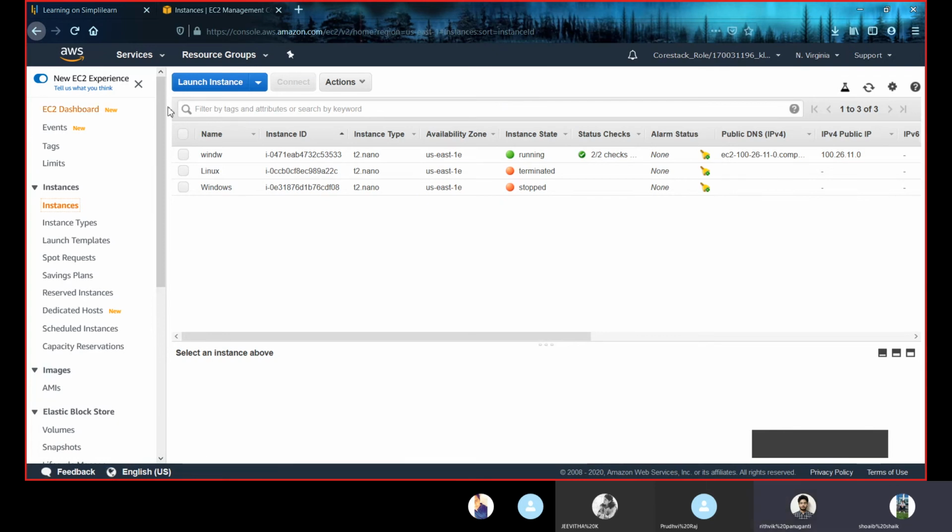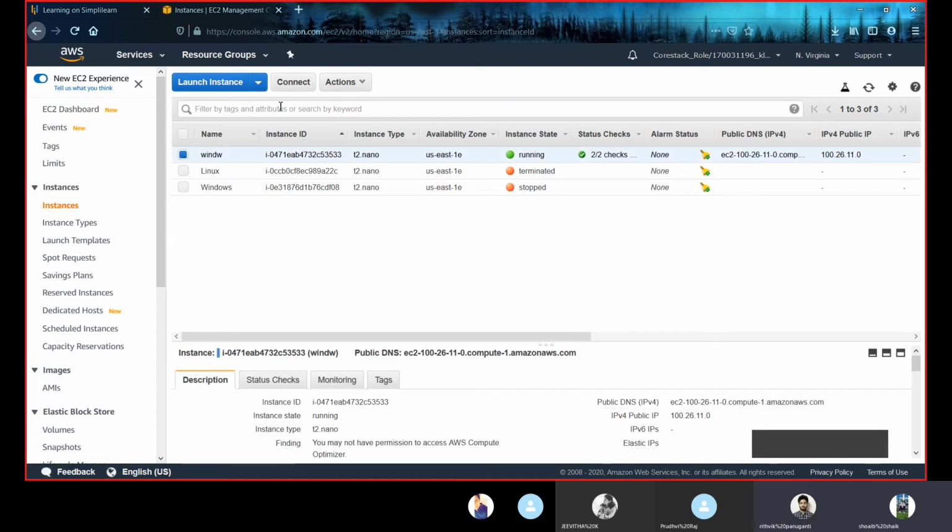Then after choosing your created instance, go to connect, click on get password, and set the path to the downloaded key pair, then click on decrypt password. You'll be given a password, copy that, then download the remote desktop file. After downloading, open the desktop file and you will be asked to connect. Then click on connect. You will be asked for the password, give it. Then you will be asked whether you trust the connection or not.